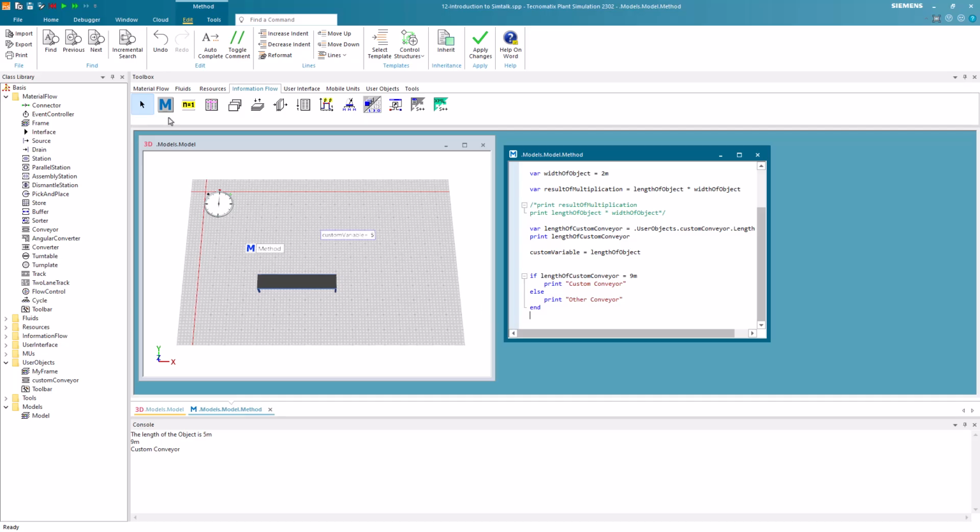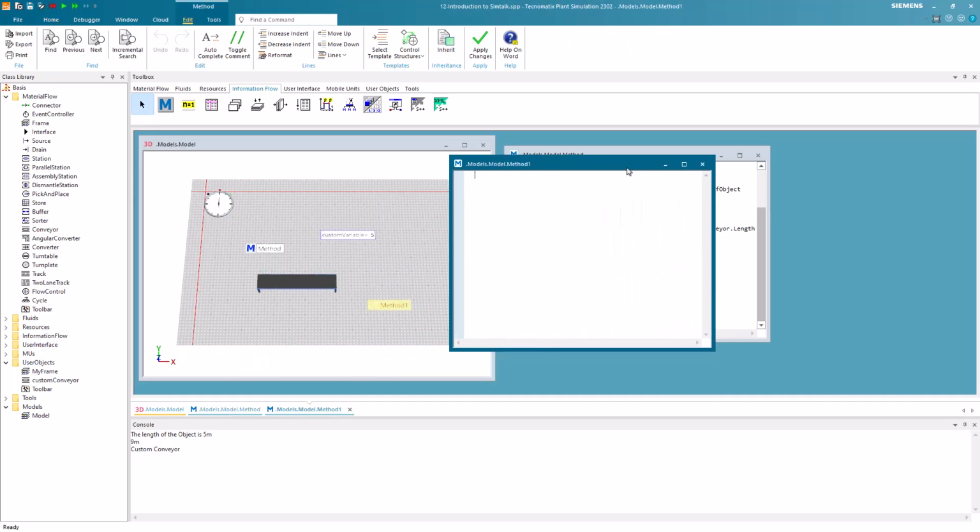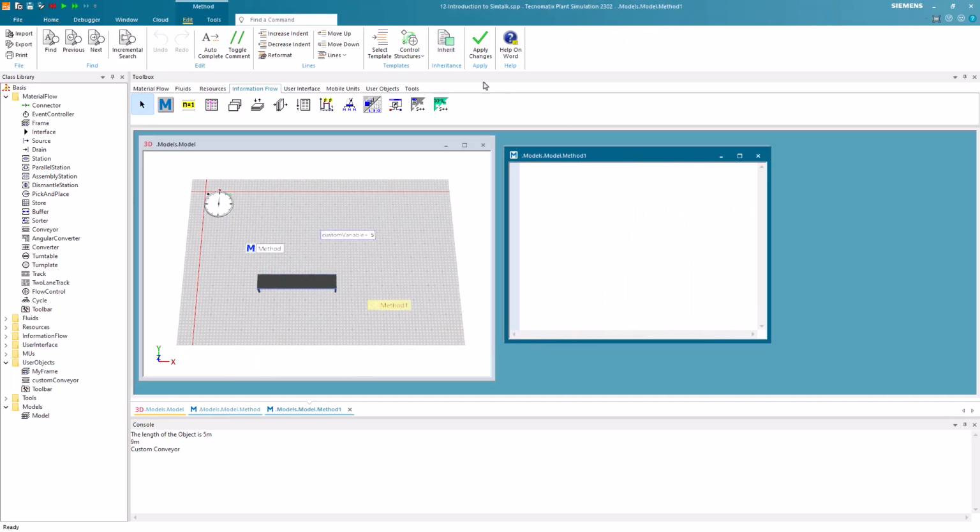Now we insert a second method object into the frame. In this object, we want to show another control structure, which is called the for loop. The for loop can be used to comfortably iterate a range between a start value and an end value. The loop declares a loop variable. This is the first variable of data type integer. The loop variable is initialized with a start value. At the end of the loop, the variable is automatically increased by 1. The loop is executed as long as the loop variable is less than or equal to the end value.